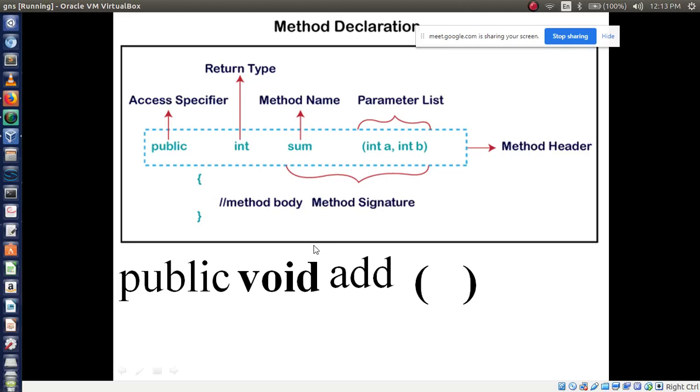Which function are you using here? You are not...